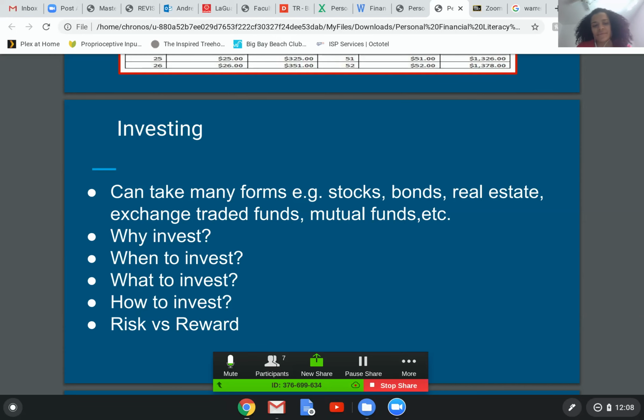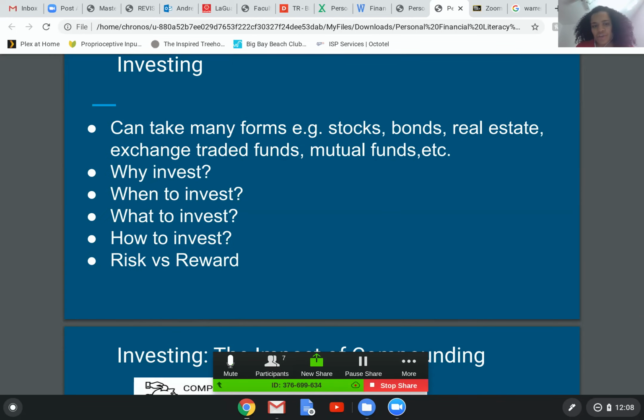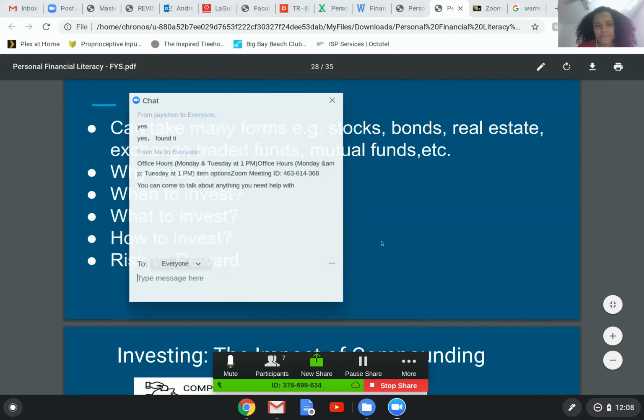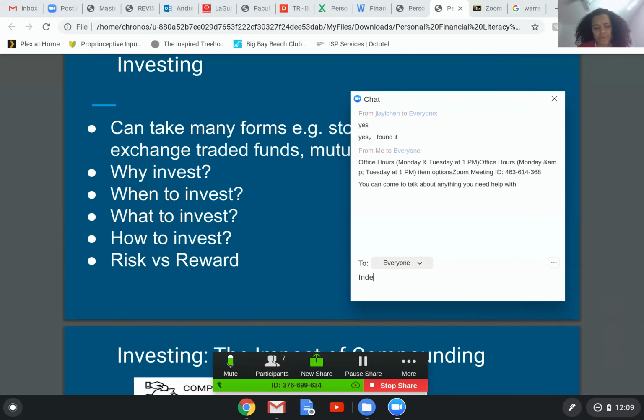So the way I would say for someone who's just starting out is, you probably want to be in what we would call, and I'm going to write it here in the chat window, an index fund. What that means is you're basically putting your money into an exchange traded fund, which consists of a combination of stocks that are tracking the market, or in fact representative of the market.